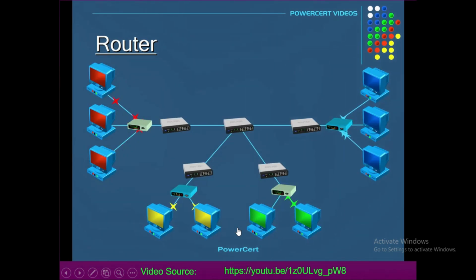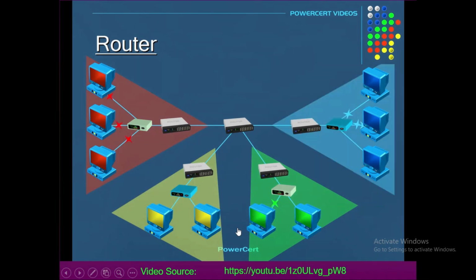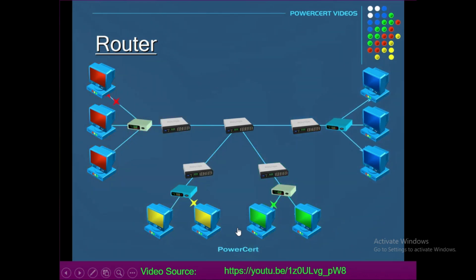Now here is an expanded view of routers over the internet. There are 4 networks here, indicated by their different colors, and each network has their own router, along with their hubs or switches and their computers. So right now, as you can see, each network is just exchanging information within their own network. Their data is not going out on the internet, so they are not communicating with other networks. They are just exchanging data within their own network using their hub or switch.